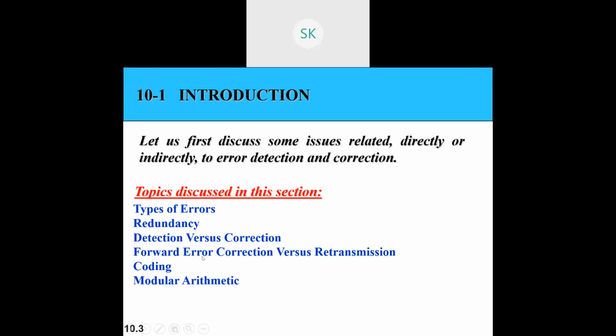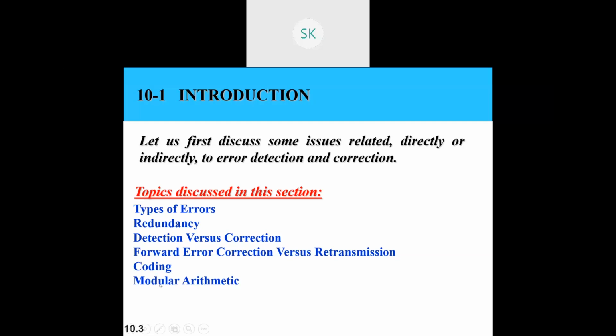Next one is forward error correction versus retransmission. Retransmission means there is some error, so you need to transmit it once again. Forward error correction means whatever error has happened and been detected will be corrected right there based on one particular technique called forward error correction. So we'll check how it is done. Next one is the coding part. Whatever data you are sending, you cannot send it as it is because there are a lot of impairments in the transmission medium. Because of that, you need to send it in a different, unreadable format, which is called coding. So how can it be done?